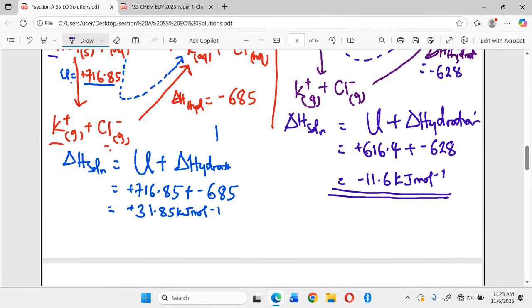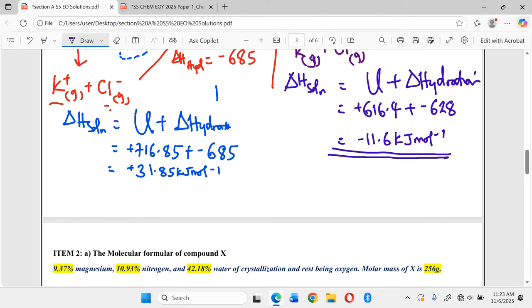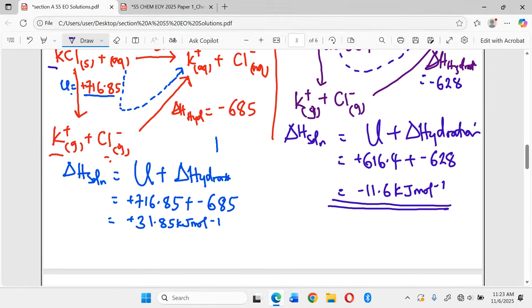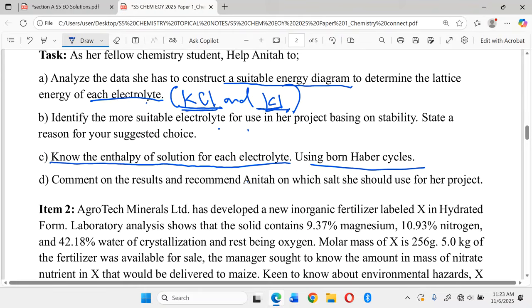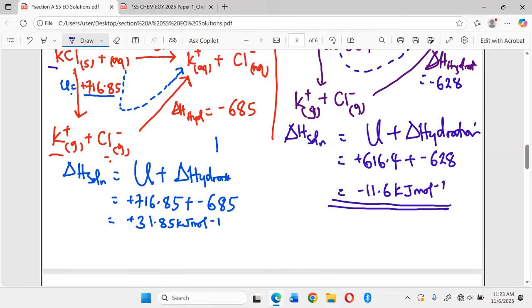And what was our next question? So our next question was saying, let's look at it. Comment on the results and recommend to Anita which salt she should use for her project. So we have seen the enthalpy of solution for the two, and they want us to use the same results to advise Anita on which electrolyte she can use. So we have the two. We have this for potassium chloride. We have this for